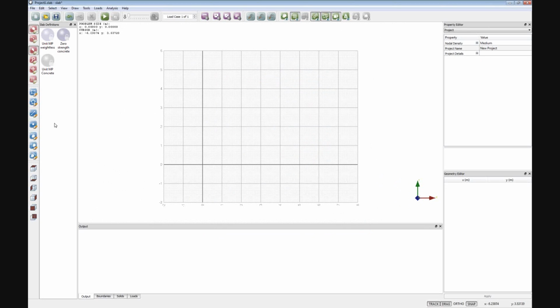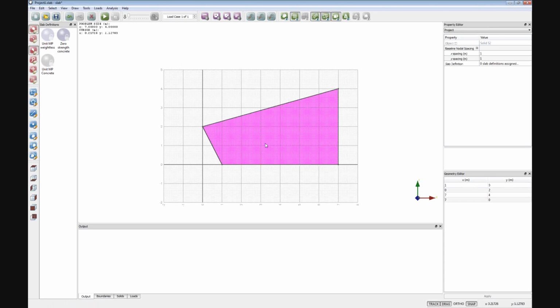So the easiest way to do this is, again, like we did in the first example, is just to draw a rough approximation of our problem. So I'm just going to draw a regularly shaped slab. Then we can see here in the geometry editor